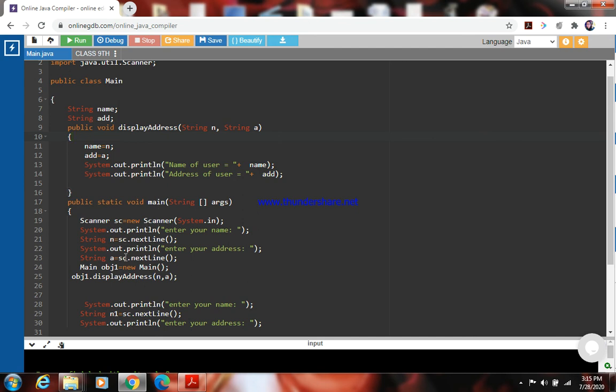And then in the main method, with the help of scanner, we are entering the two values during the runtime. We are passing it here to the method, and it is known as the actual parameter here. Okay, this is the method calling statement. Object dot then method name is there, and along with that the parameter. And similarly, there is a second method calling.